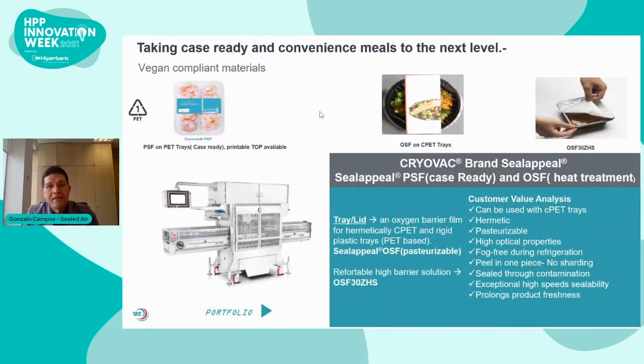And now another material, based on PET structure, for those CPET trays. In this family, called the Silapil family, we have materials that could be case ready, so for non-heat treatment, for PET trays, and materials for ready meals, which are sealed onto CPET trays. Again, very thin material, delivering great transparency, hermeticity, high optical properties, peeling in one piece, and this is extremely important in the current